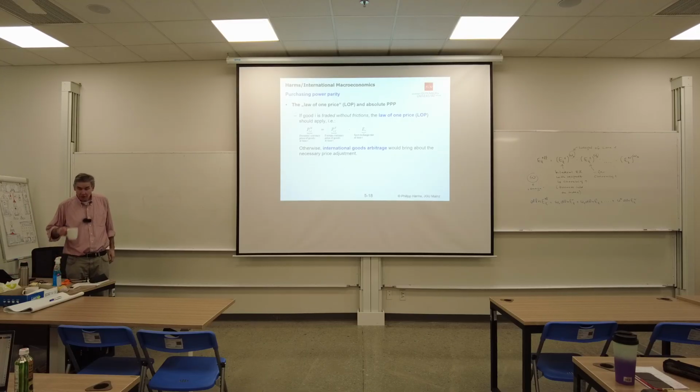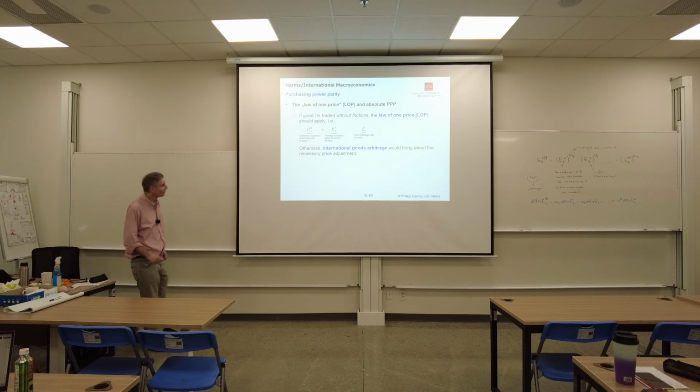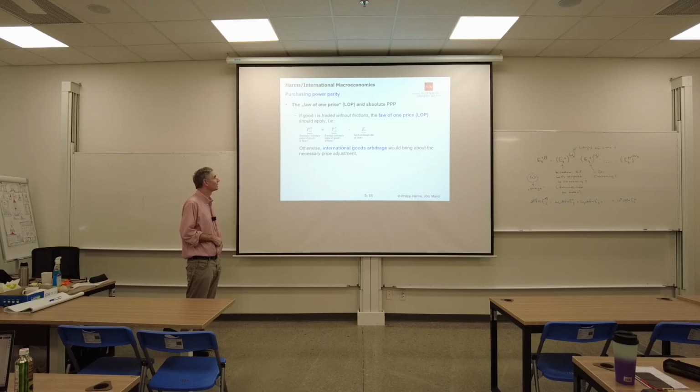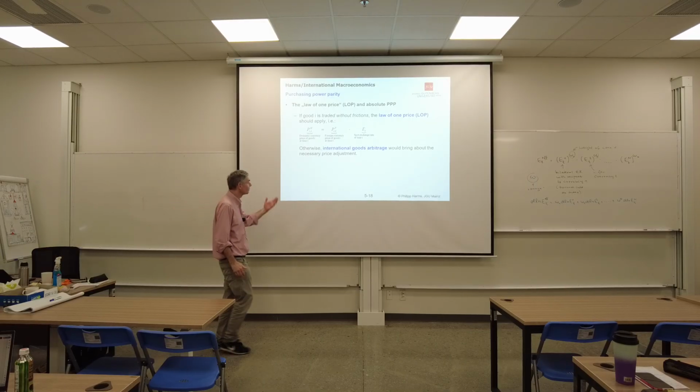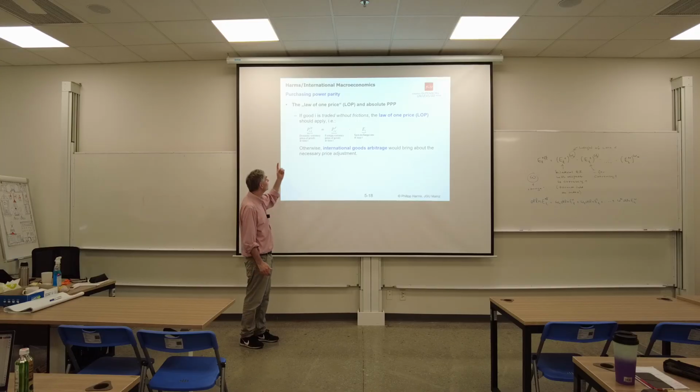Now, let's now talk about prices of individual goods. And let's talk about the law of one price. Now, the law of one price is not a law that you find in any legal code, right? It's not that you go to the library and you pick out a book and then you find the law of one price, which says prices should be the same across countries. It is something that should apply if good I is traded without frictions. So if you can costlessly transport good I from one country to another,